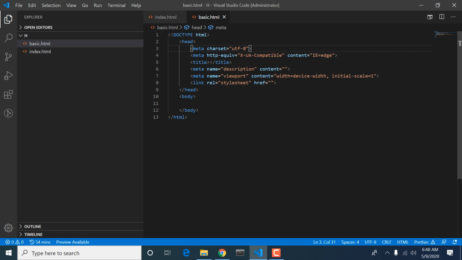Next, we are going to have some description. This is equivalent to making our content compatible with the Edge browser. After that, we have the title, which is the title of our app, any app you are building. So we have name, description, and content.